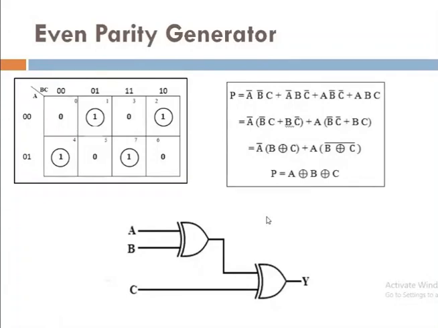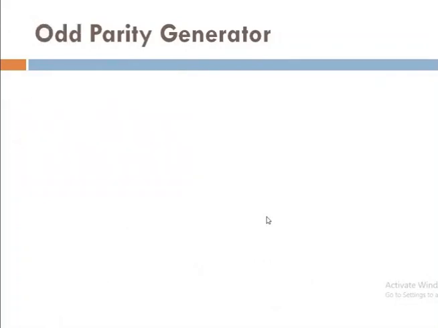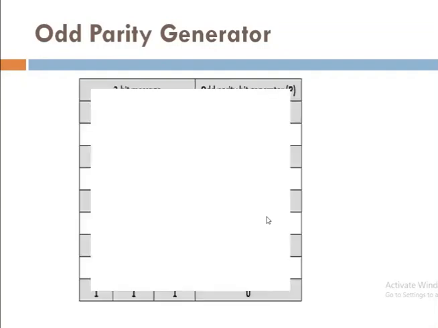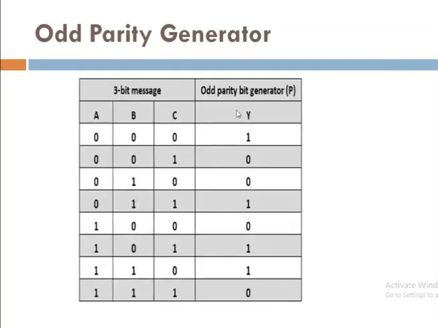Now we'll see the concept of the odd parity generator. While designing the truth table, recall the logic. When odd combinations, your output bit will be a 0. When even combinations, your output bit will be a 1. Now again we are considering the 3 input data. So observe the first case, how many ones are there? There are 0 ones. 0 is considered as even. So even combination, so here we can say the output bit will be a 1.